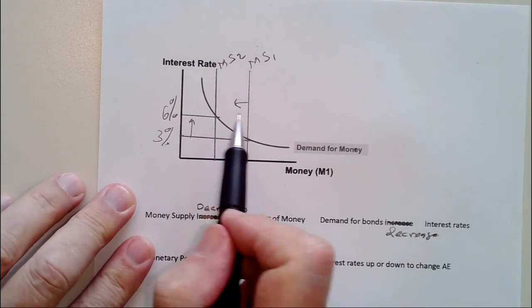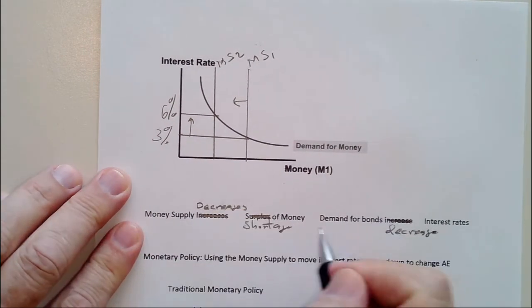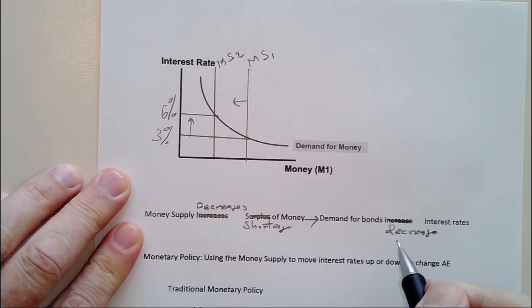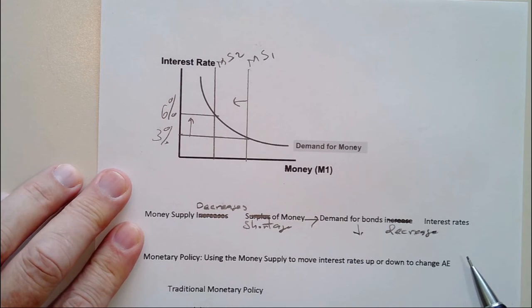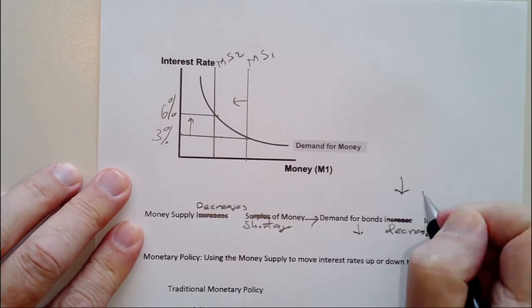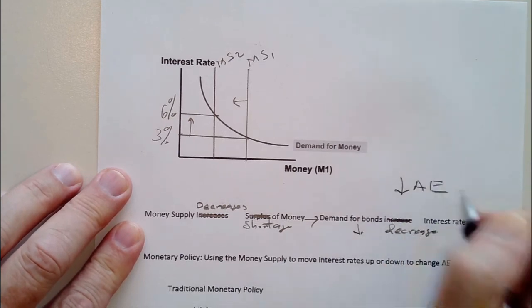That's going to give us a shortage right there. And that's going to have less demand for bonds, less money for bonds. So demand for bonds are going to go down. And that would take that $950 price for a bond to $900, and that would drive up rates of interest. And this is designed to slow down aggregate expenditures.